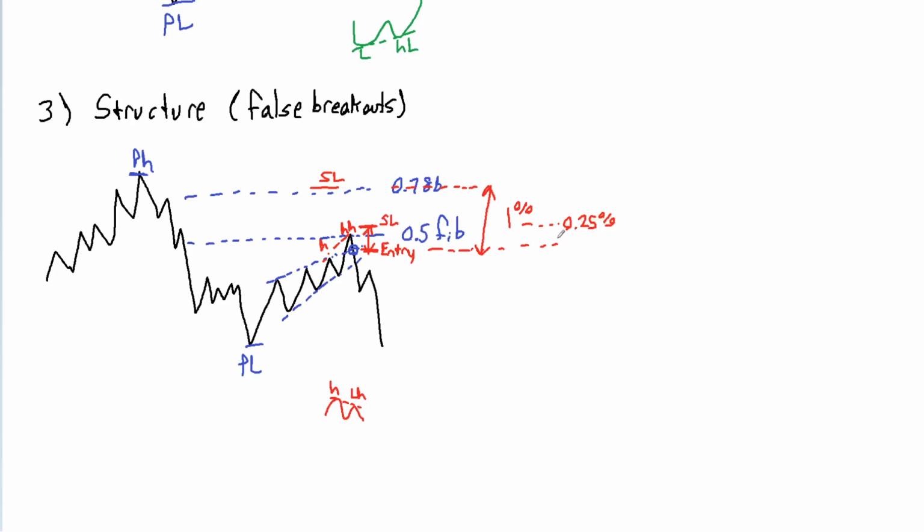So instead of needing a 1% move down for a one-to-one risk to reward, like in this case we would need an equal move down to get 1%, so that would give us a 1-to-1 using our old stop loss distance. Now we only need a 1/4% move down for 1-to-1, and if we targeted the same area that we would have targeted with our previous stop loss distance,